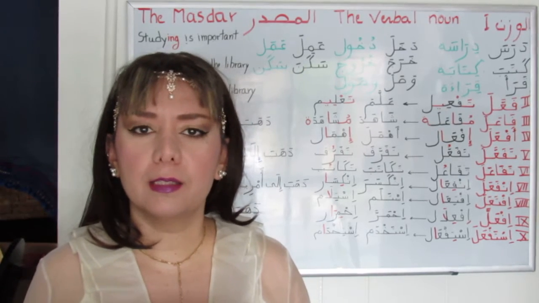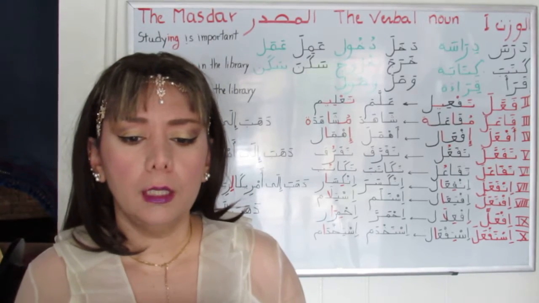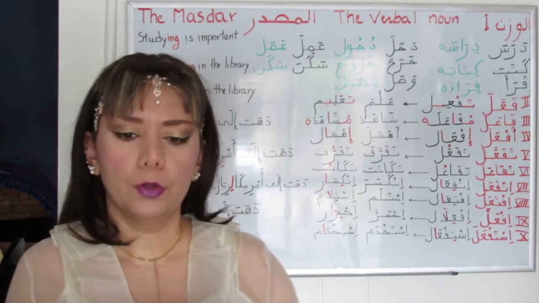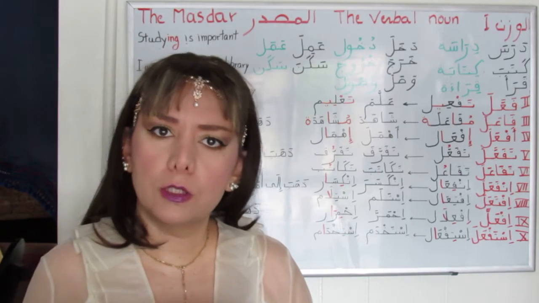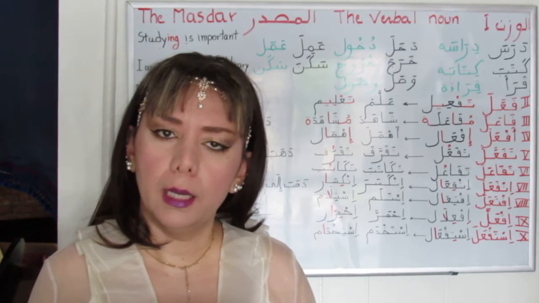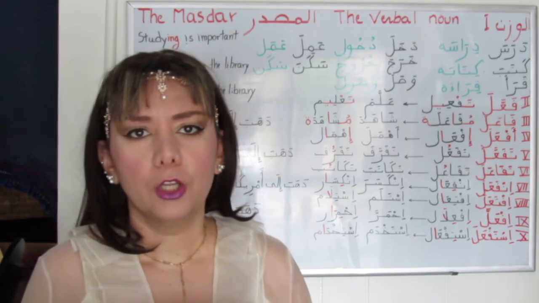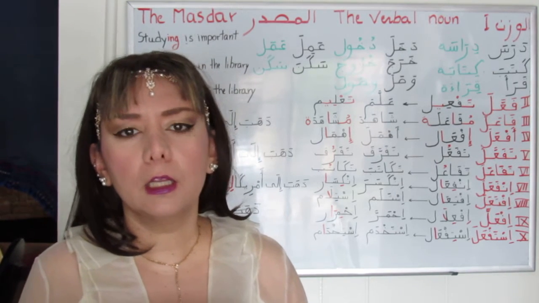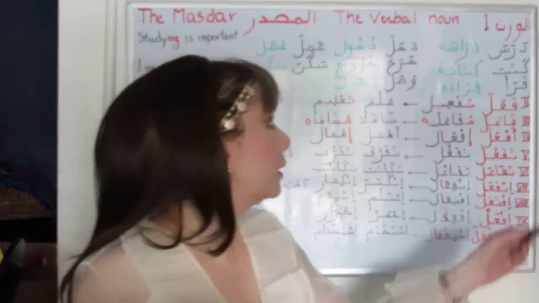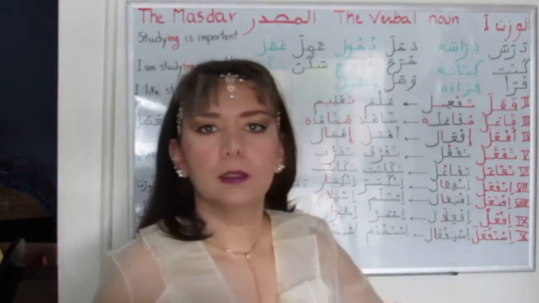It represents a change in the form of a verb which allows it to be used as a noun in a sentence. For example, the verbal noun in English for to study, darasa, is studying,